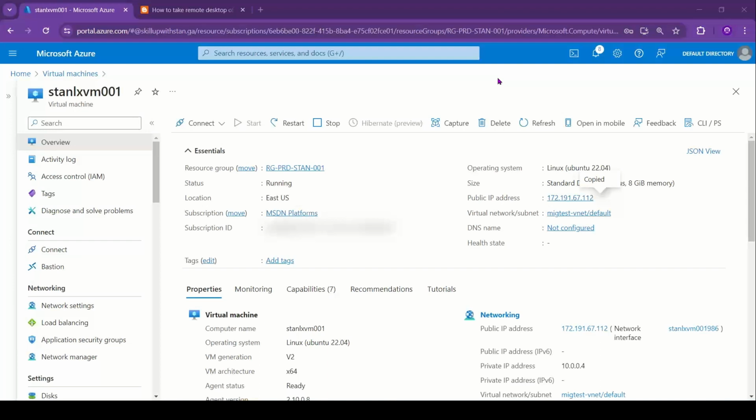So in general, when it comes to Linux operating systems, we used to manage them through the command line, right? SSH is the protocol, the de facto standard tool that we use to manage them. So we either use the command line native options from within the operating system, like in Windows, you can use PowerShell or the command line, or you can also use any third-party SSH client to connect and manage